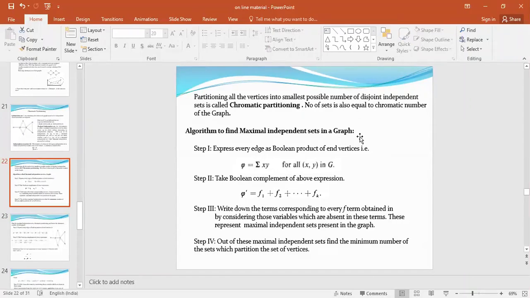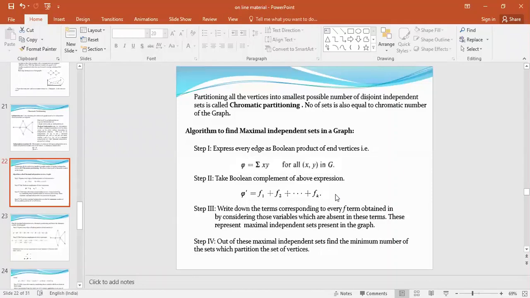This algorithm is via Boolean algebra, so they are applying concepts of Boolean algebra. I think you might know what Boolean algebra is. Take the simplest case, containing two values, 0 and 1. So 0 plus 1, then 1 into 1 is equal to 1. Or simply in Boolean algebra, for any variable a, a plus a is always equal to a, and a into a is equal to a. So we have to follow these types of rules only. And likewise the complement rules, a plus b complement or ab complement. So we have to apply all those rules.